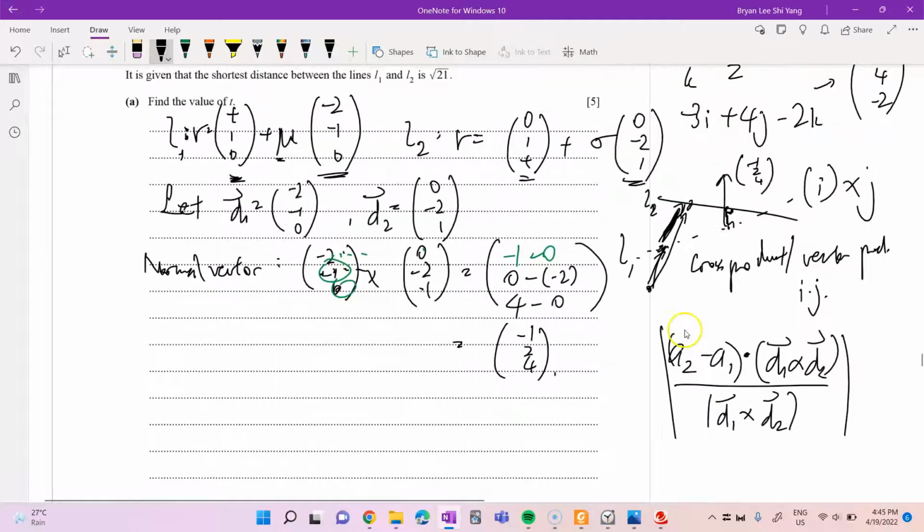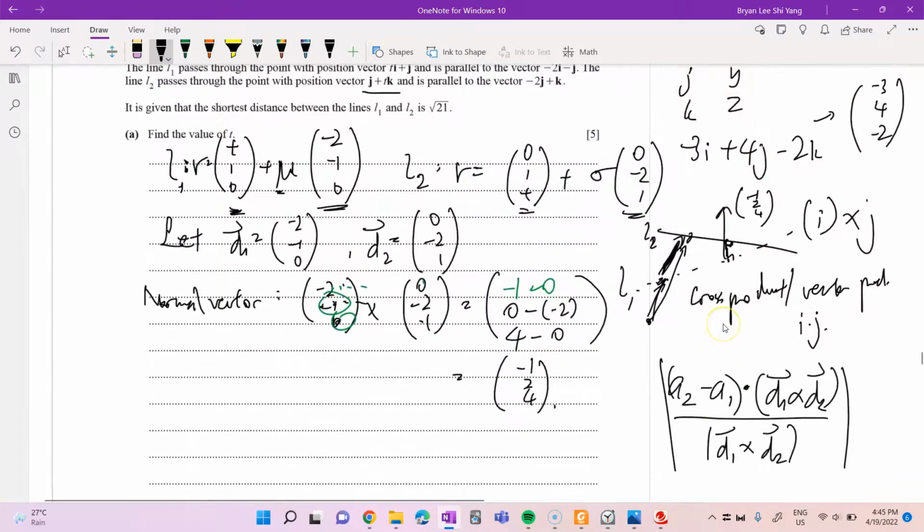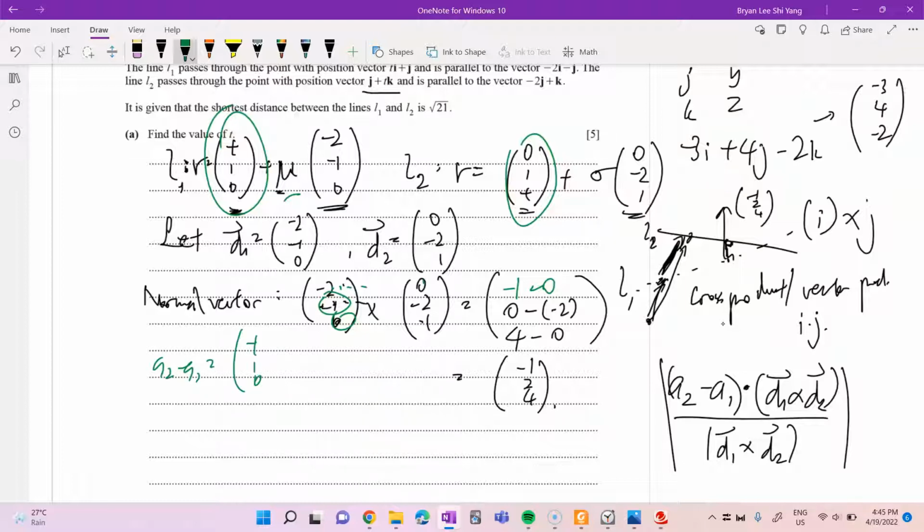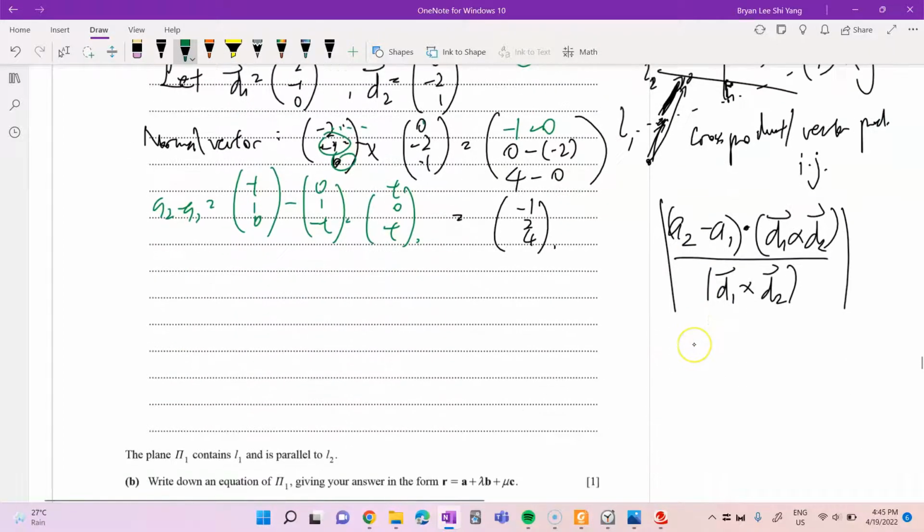A2 minus A1. We have these two. So we'll just use these two basically. So A2 minus A1 equals t, 1, 0 minus 0, 1, t, which equals t, 0, t. Okay, now we have the absolute value of t, 0, t, and then